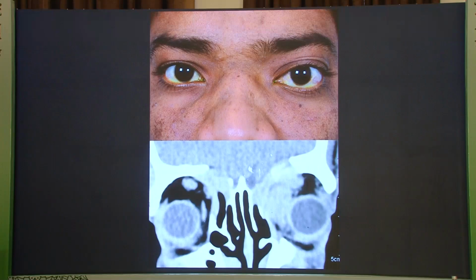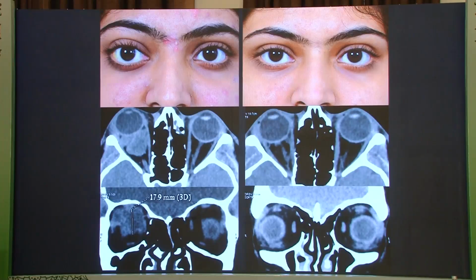And another patient over here, you always have to worry about these lesions specifically because you're looking at superior orbit involvement or roof erosion. When you're looking at roof erosion, that means you have to have neurosurgery involved along with you. This is a patient that was treated by Picibanil. As I said, this is a VLM and was treated very well with Picibanil and responded in an excellent way.